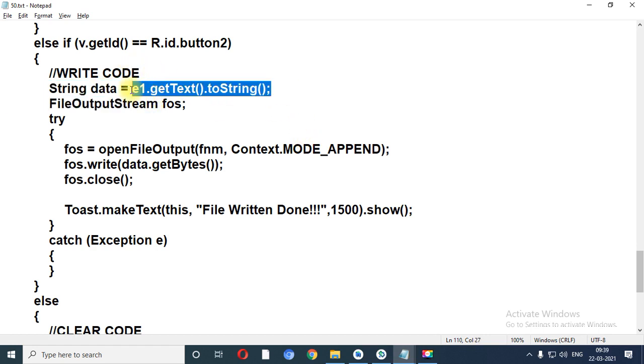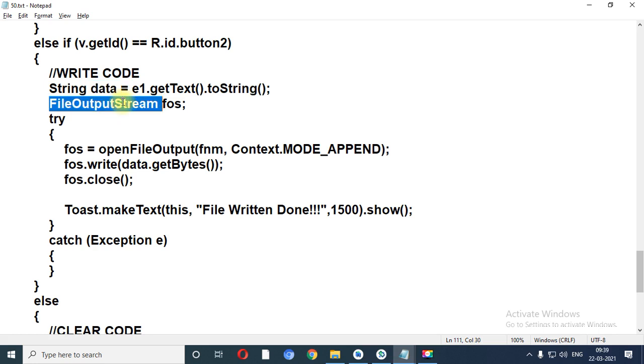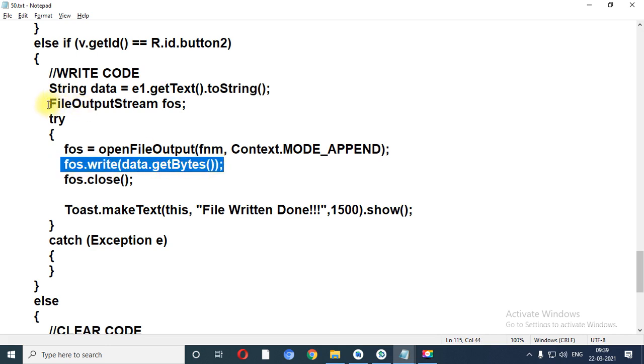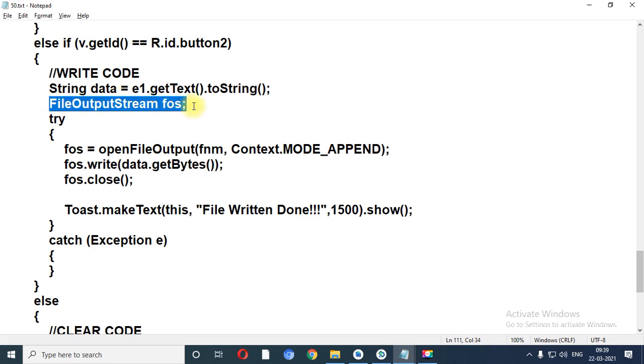I take the data of the edit text and store it into the data variable. File output stream is a class which is used to write the content of your edit text into the file. So to use the write method, you need to create the object of the FOS class.